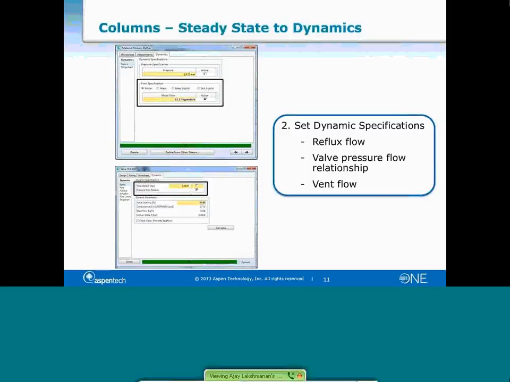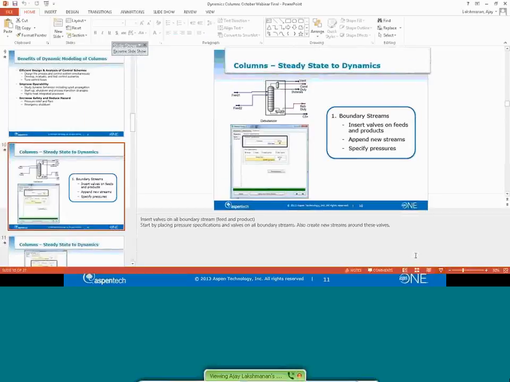We need to set the dynamic specification. Again, you could add valves, controllers if you wish to do so on reflux streams and the vents, etc. But for this demonstration, I'm just going to set the flow of the reflux and the vent. And we need to ensure that the valves have a pressure flow relationship. So going back to my demonstration here,